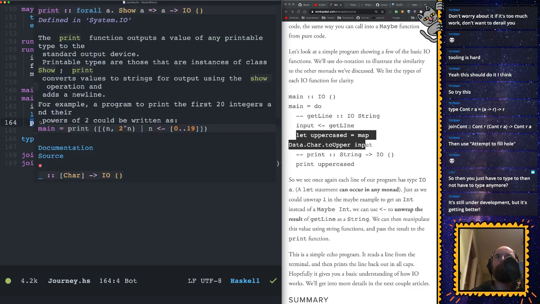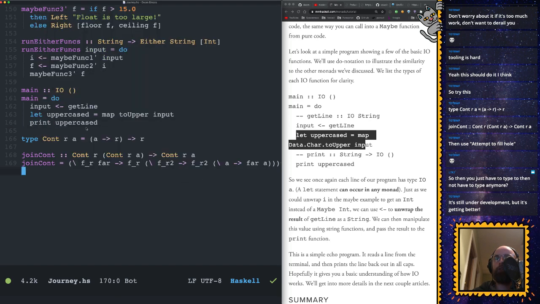And then print, that's another IO. It takes an a and returns an IO, and the a has to have the constraint of Show. So it's something that has to have a Show instance, and then we print it, and that's what we return. So if you look, actually, if we were to do this,